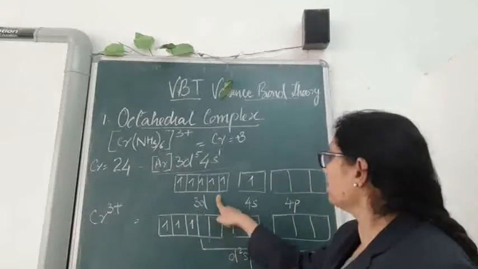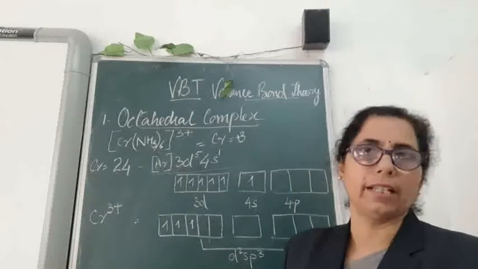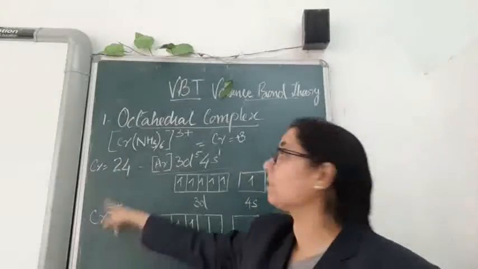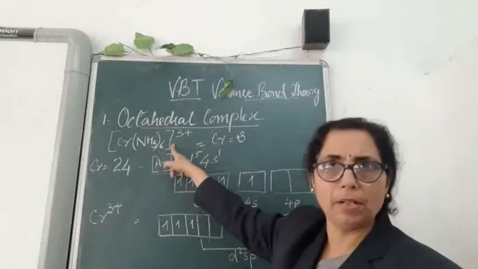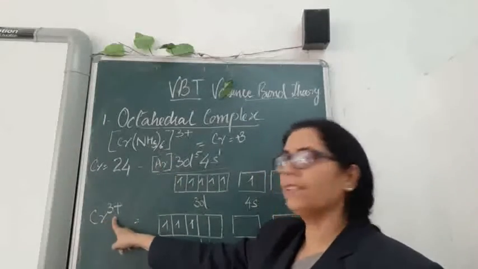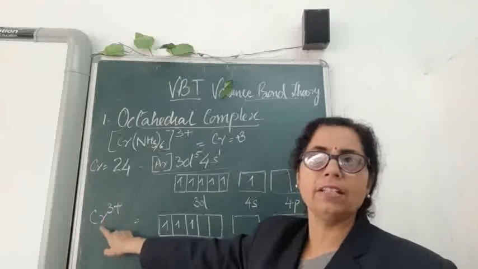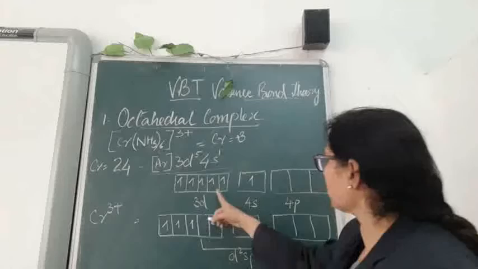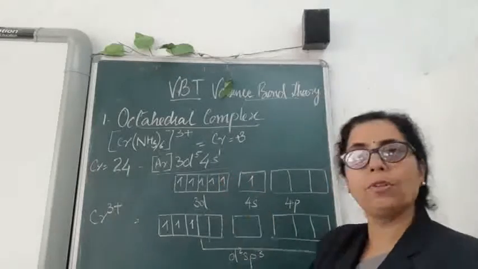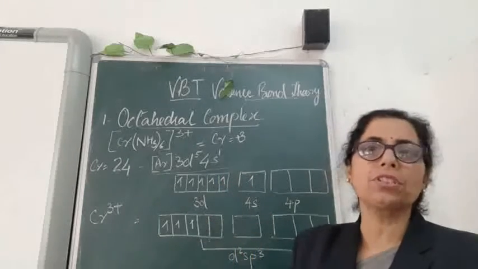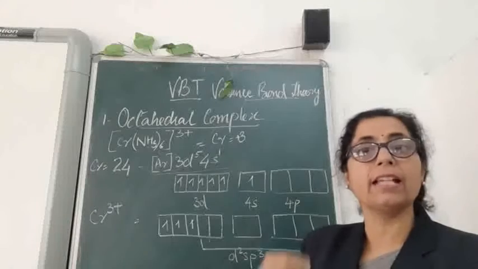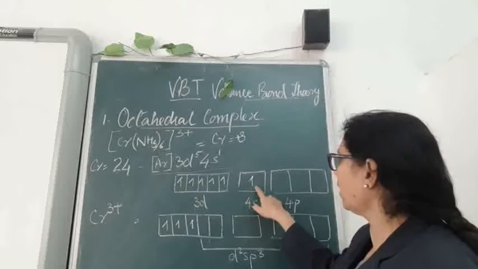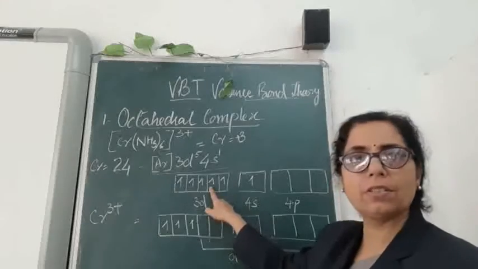So, empty orbitals. Before creating the empty orbitals, how do we create them? Next we will see chromium in its ionic state, because we are talking about this ionic compound. Chromium having 3 plus ionic charge means 3 electrons have to be removed. You can see 1 from the 4s, because they have to remove the electron from the outermost shell having the highest energy. So 1 electron from 4s and 2 electrons from 3d will be removed.